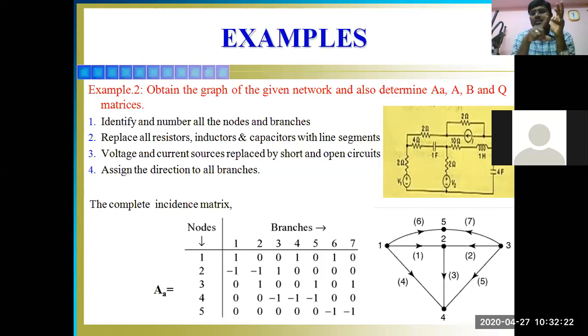We are going to replace the energy sources with their internal impedances. So the voltage source should be short circuited and the current source should be open circuited. So we have to short circuit the voltage source and open circuit the current source. So therefore, between 1 and 4,